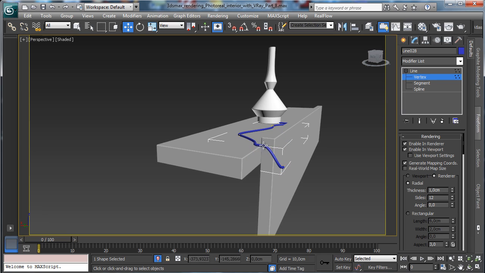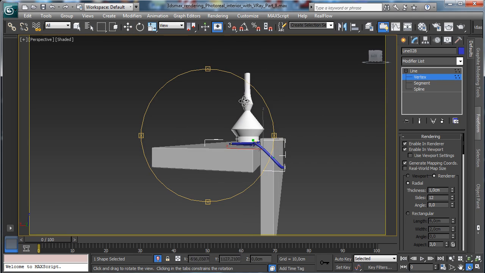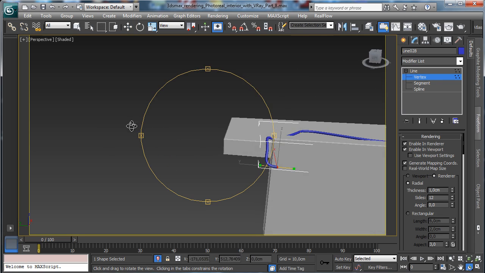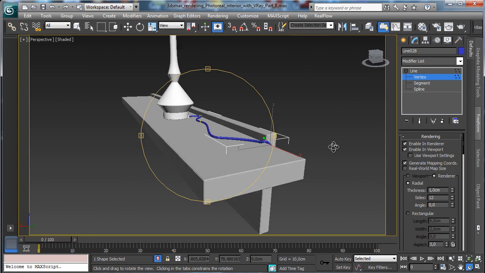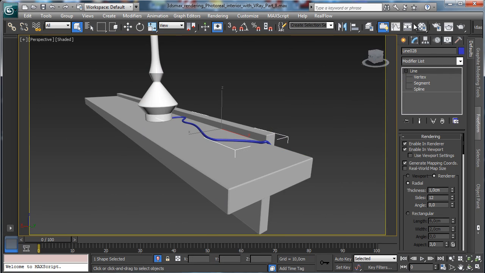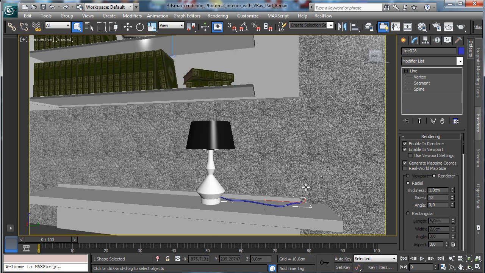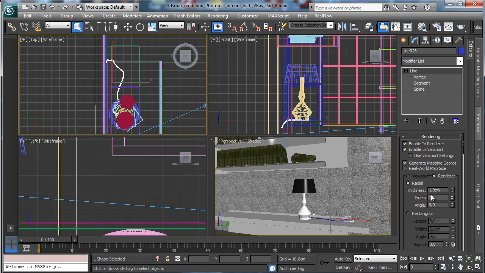It's not important where we are putting this one, and the same for this one. We just have to take care about this one to go. Okay, nice. So let's close, and we can exit from the isolation, and let's go in the top view again,